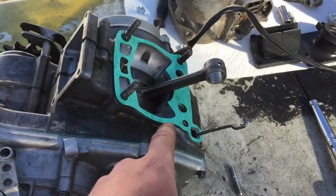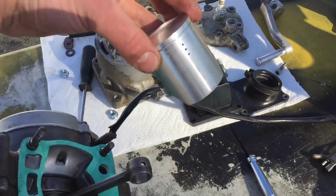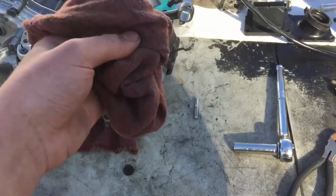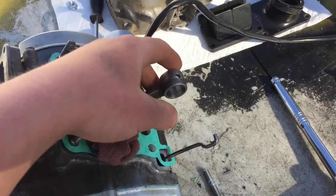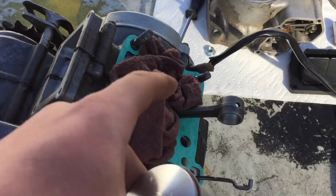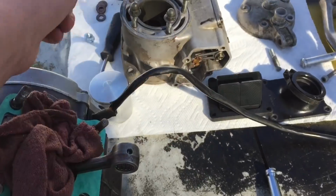There we go. So now that we have the gasket on, it's time to put on the piston. So we got this nice bicycle piston. Looks mint. It's always a good idea to throw a clean rag right below the connecting rod, because the little C-clip that you put in the piston likes to fly out sometimes, so you do not want that falling down into the crank. So first I'm just going to throw in the bearing,